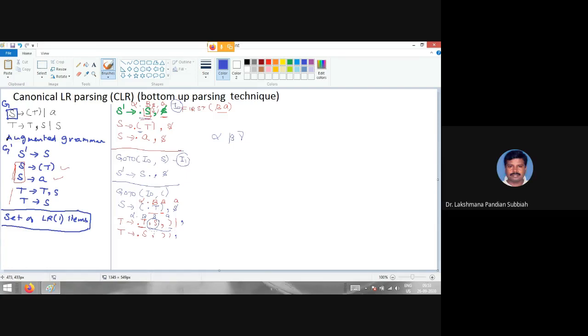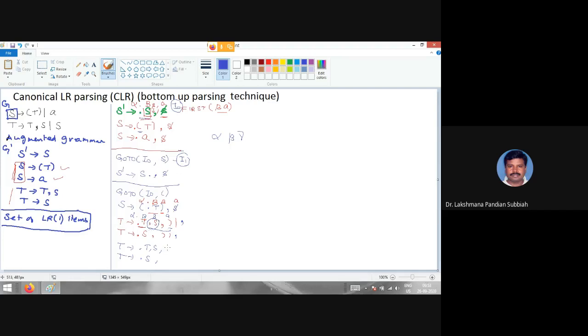Now, in this way, after that we have T, and we expand it as T derives T comma S dot, T derives S dot. Then we find the lookahead, depending on where we are deriving from. In this way you get comma as a lookahead.